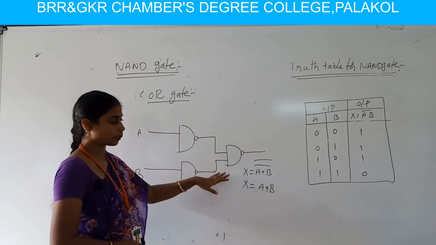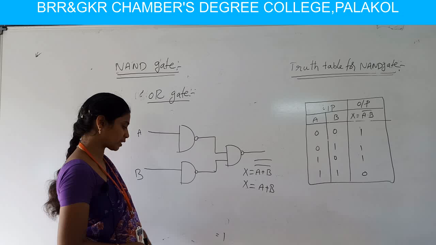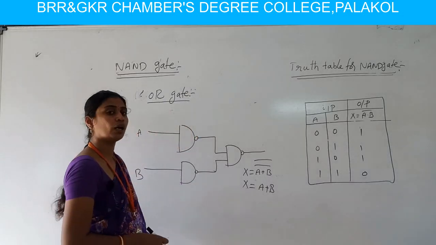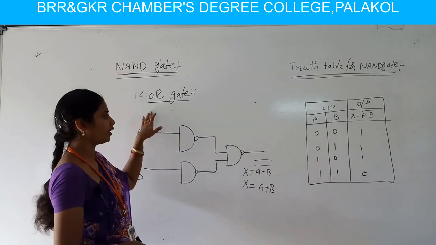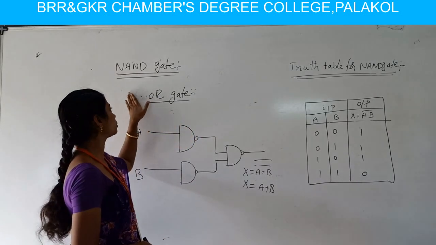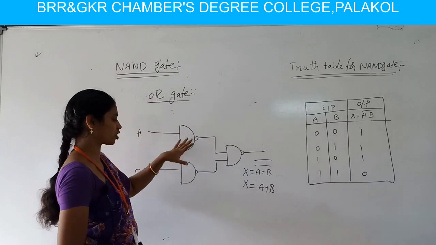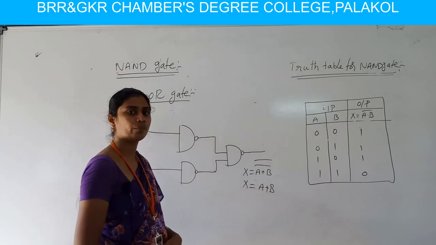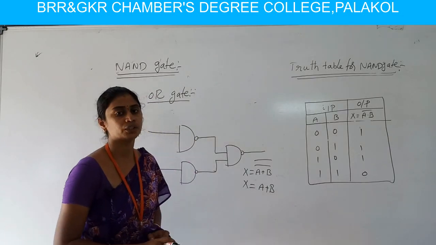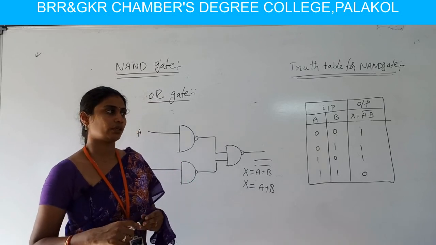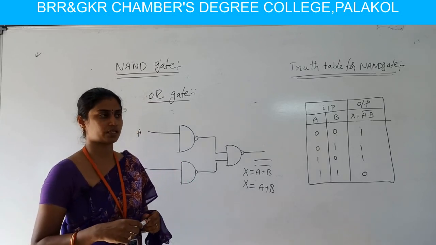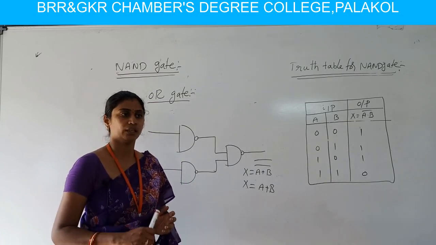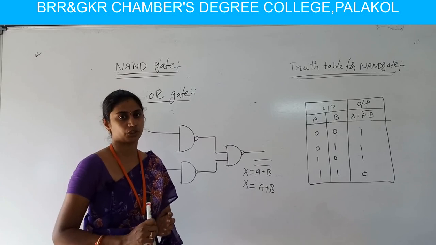This can also be explained from De Morgan's theorems. We can discuss De Morgan's theorems later. So x is equal to A plus B, which means the binary addition is obtained when 3 NAND gates are constructed in this manner. We got this OR gate. These topics are very, very important from the examination point of view. How can you construct logic gates from universal gates, or how can you construct logic gates from NAND gate or NOR gate? Hence we can conclude that NAND gate and NOR gate are universal gates.